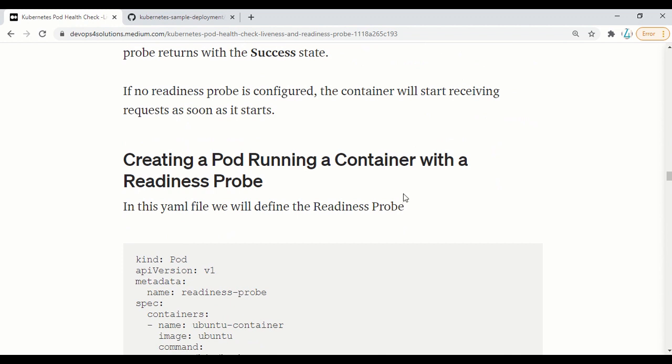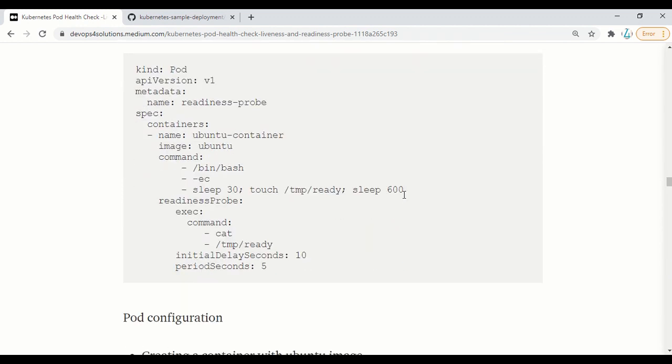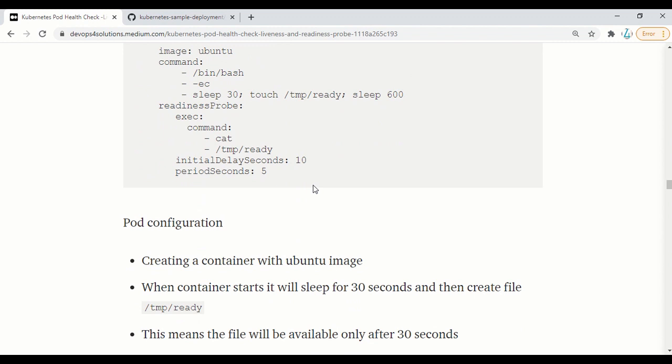Okay. So now we will create a pod with a readiness probe. With the readiness probe, it's the same thing. I'm using Ubuntu, and this is the pod configuration. As soon as a container launches, it will sleep for 30 seconds and then it creates a file.